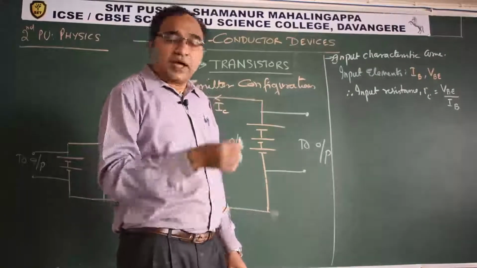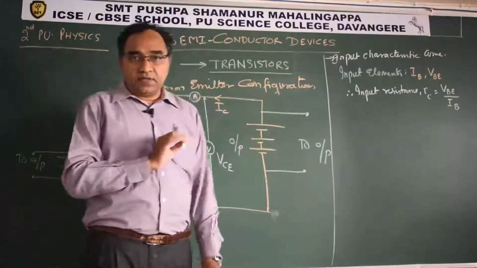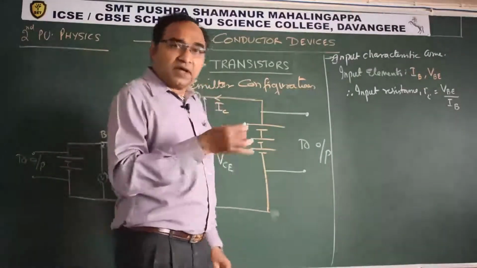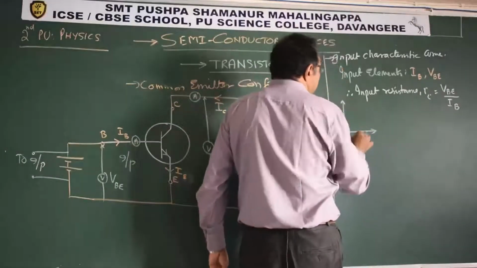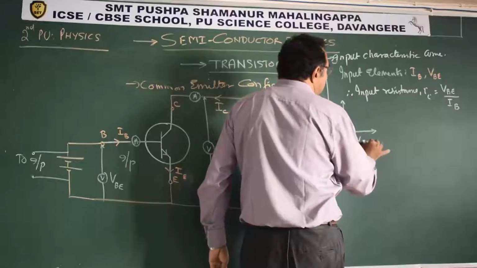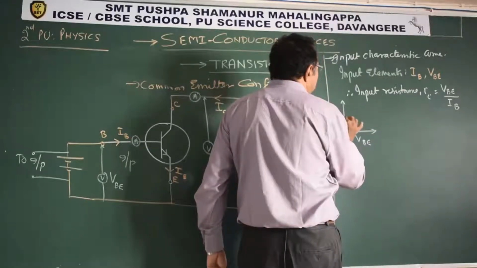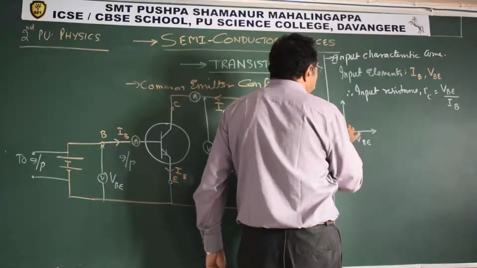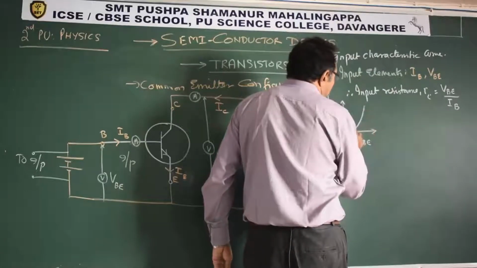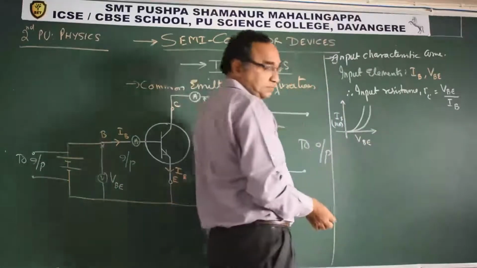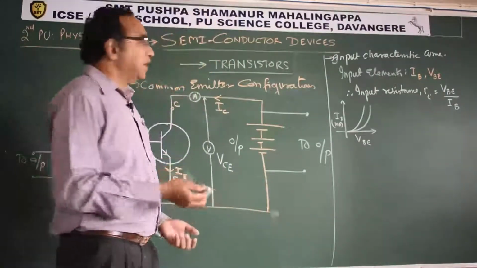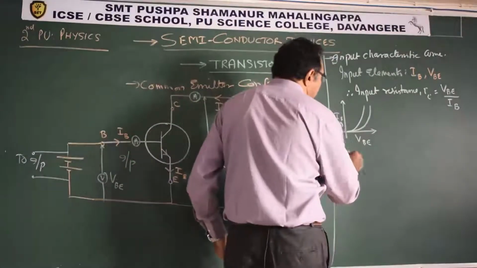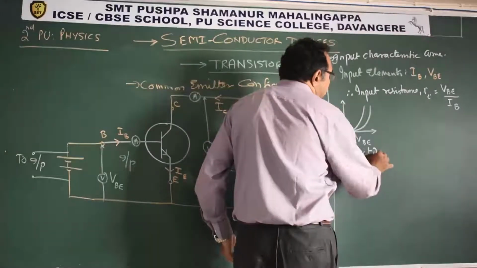Again here we have the same thing as in the case of common base. It is forward bias, input characteristic curve. Again the nature of the curve, just a short one I will draw. Here we will draw VBE and here IB, in milliamperes. Everything is known to you. So like this we can draw. And the range of input is also the same as we saw. There is no difference. Now let us go for the output characteristic curve.